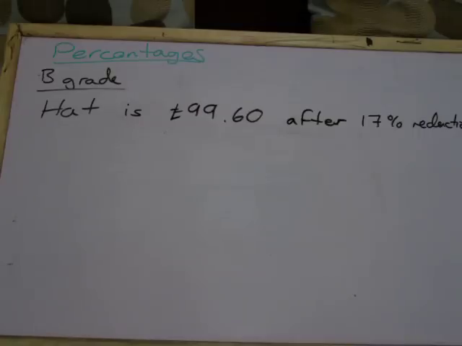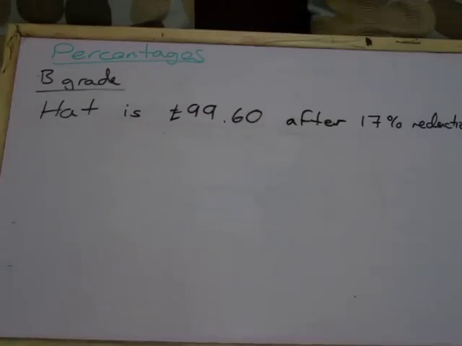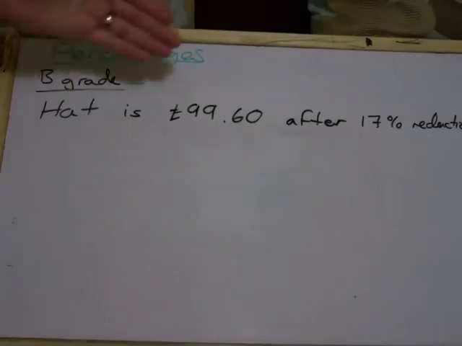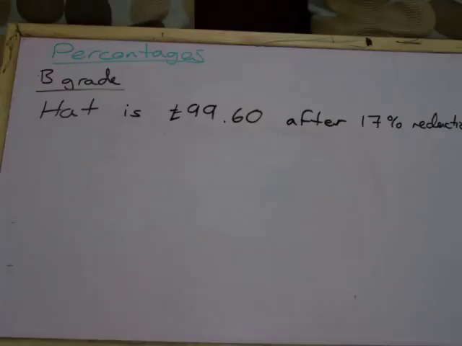Right then, reverse percentage problems. Now these come down to, again, it's almost like trying to work backwards from what you have done to what you would have had. So here I've got, for example, a hat is £99.60 in a sale after a 17% reduction. Okay, this is astronomically easier to do once you understand multipliers, and again, this is the higher material because